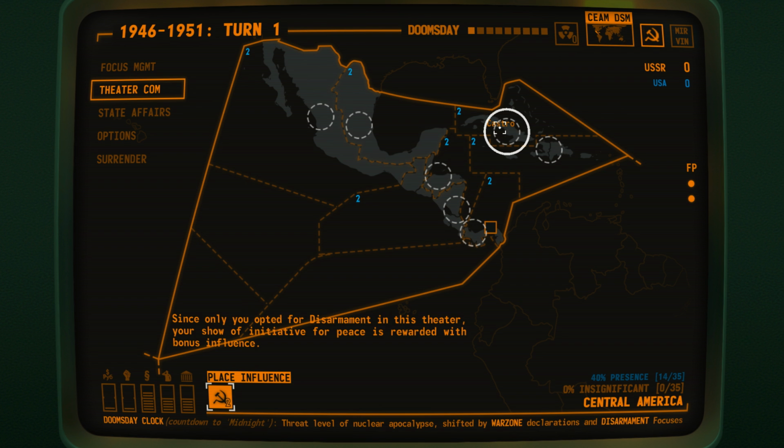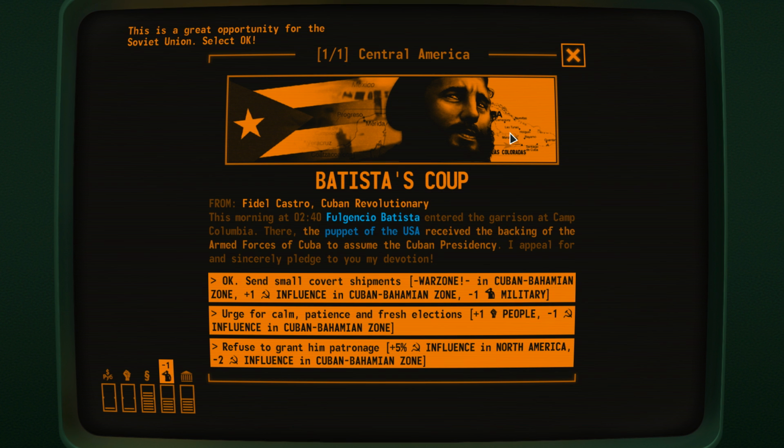Okay, so we will place our influence in Cuba. Let's see. Apparently this is a great opportunity for the Soviet Union. Select OK. Okay, so there's an event, so probably when you do things, the game fires events. So in this case, there's